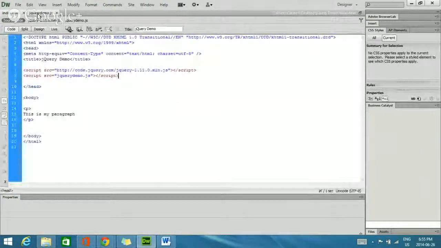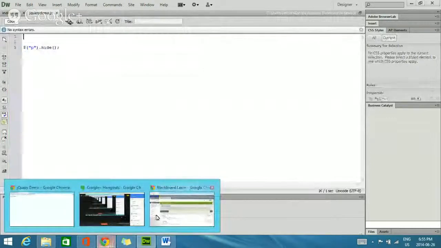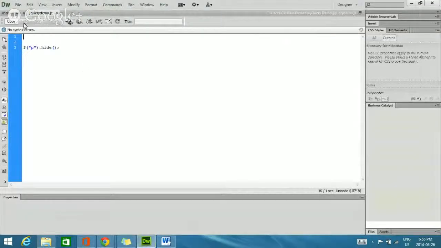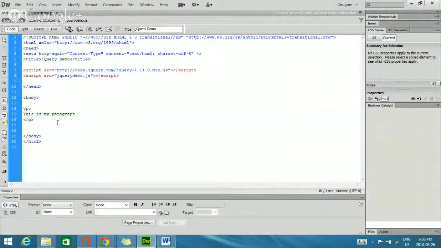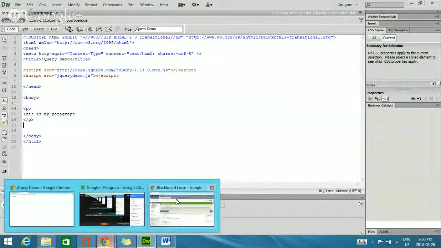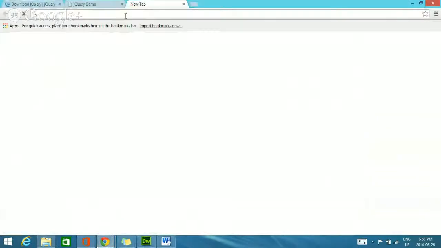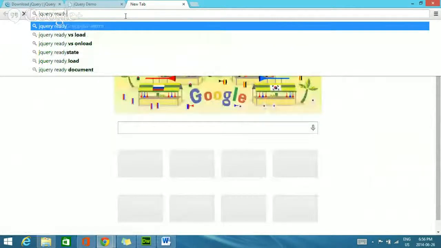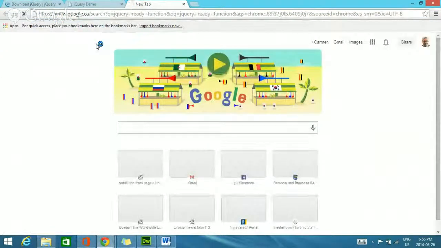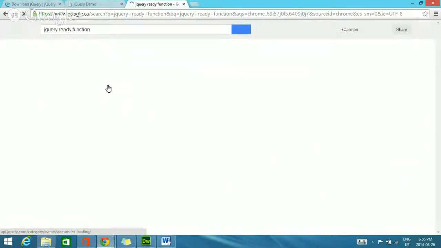Okay, so I'm going to show you one important thing about JavaScript. I'm not sure if I mentioned this before, but when a web page loads, it loads from the top down. So I think what's happening is it's hiding the paragraph tag before the paragraph tag is actually loaded. So what we're going to do is use the jQuery ready function, and you should use this quite often, or basically always. The ready function is a function, and the code inside the ready function will only load when